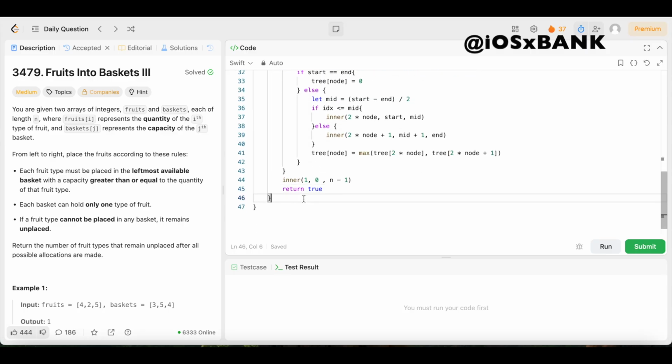Our next function is going to be called findLeftmost, and this is going to find the index of the leftmost basket with a capacity that is greater than or equal to the minimum val. So for that, we could come right underneath this. We'll say func findLeftmost,